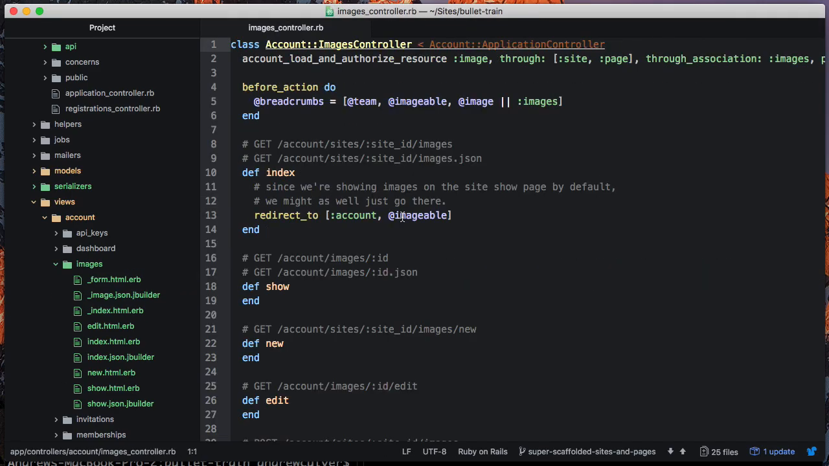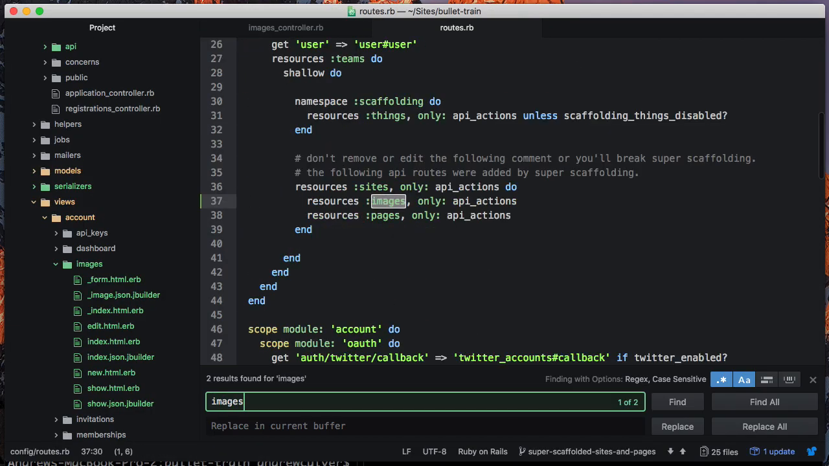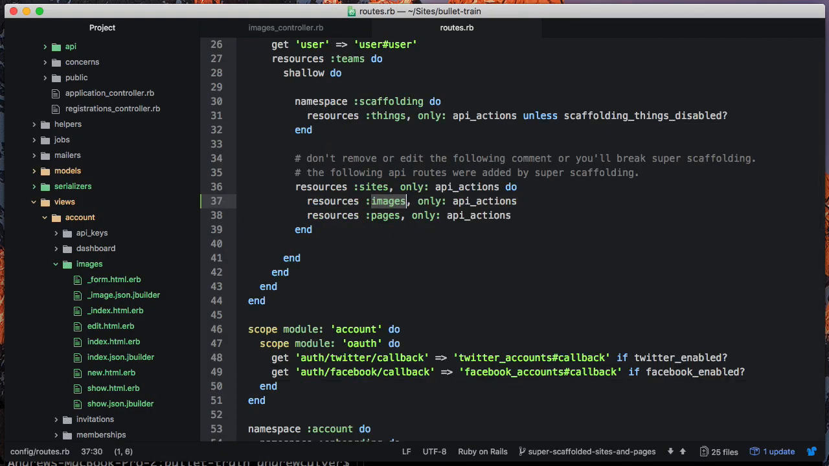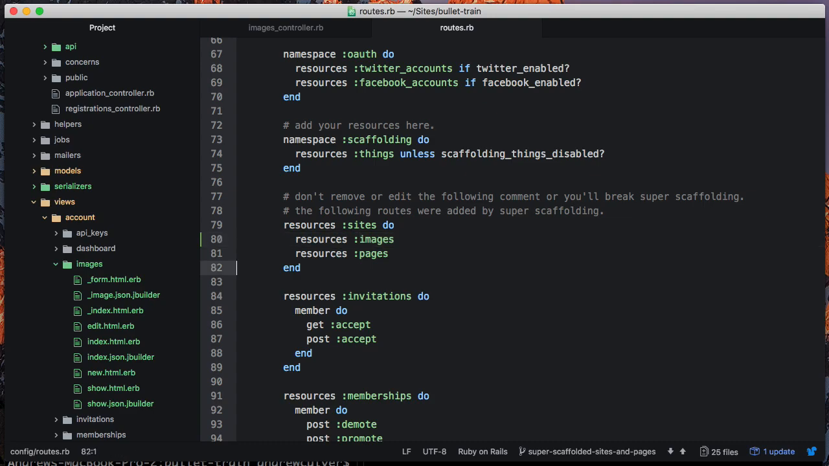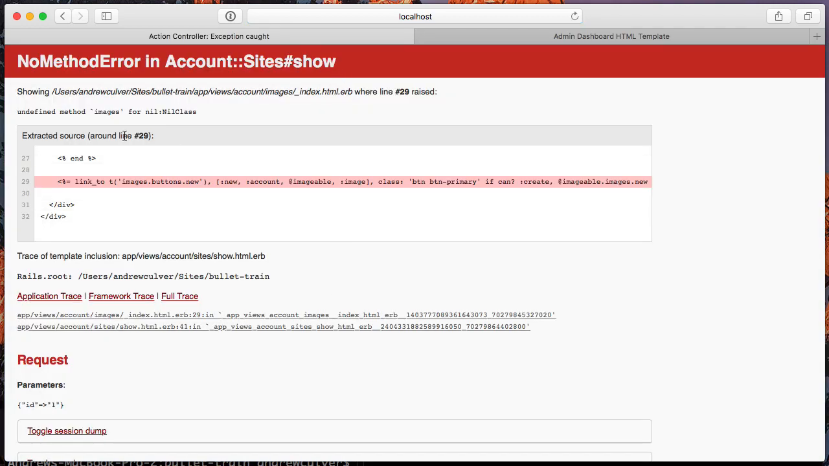So let's see where we are. If we go to routes, you can see images. And let's see if this will load or if there's something else that we forgot. All right, so we'll go to some website and it says that it can't see imageable images new. And that is because,